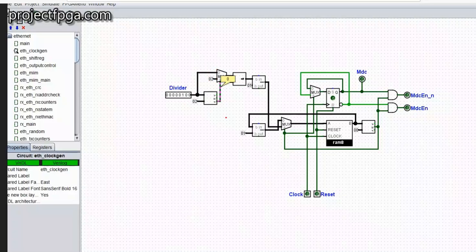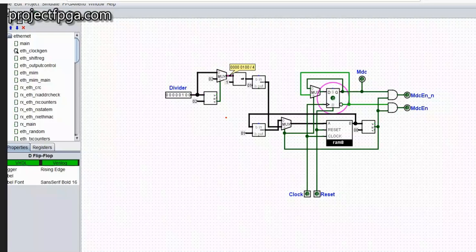But if it's greater than 2, the divider takes back its original value. That is, if it's greater than 2, the divider goes in here. If it's less than 2, it takes the value 2. Then here,